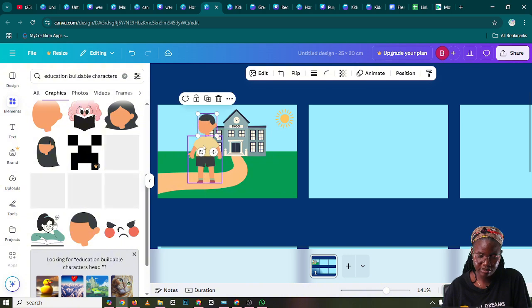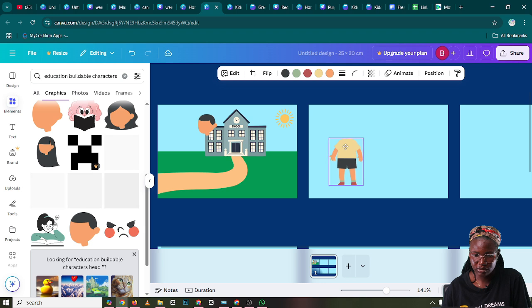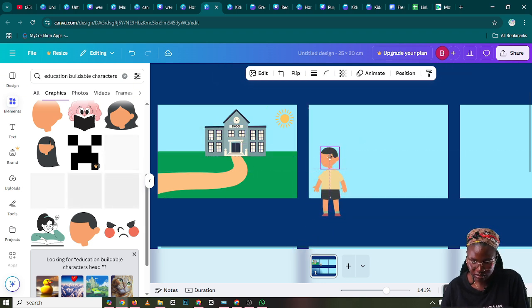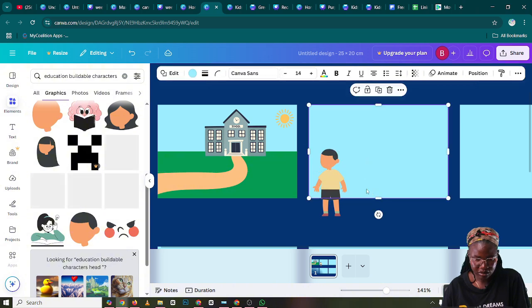This is the tricky part. So I want to move this somewhere here so I can do this very well and then return them. Okay, so now I have this. So I want to rotate the guy's head maybe a bit like this, so that putting it is much easier. So see,